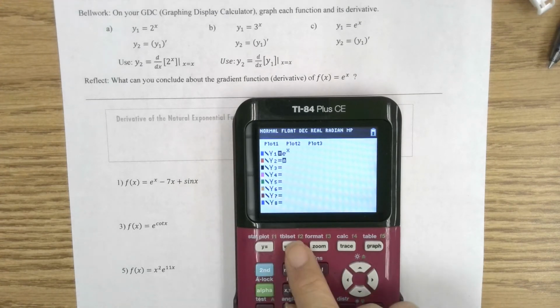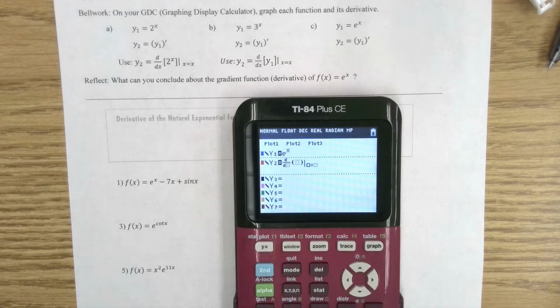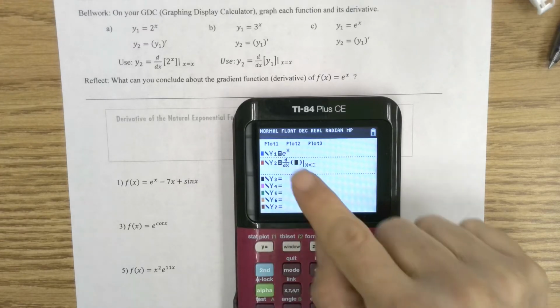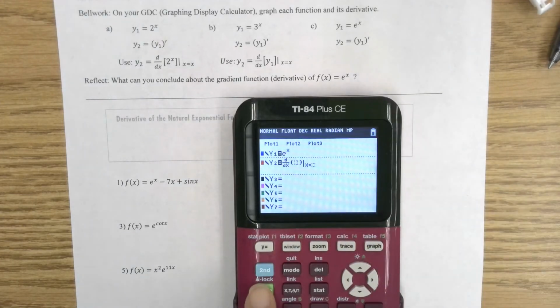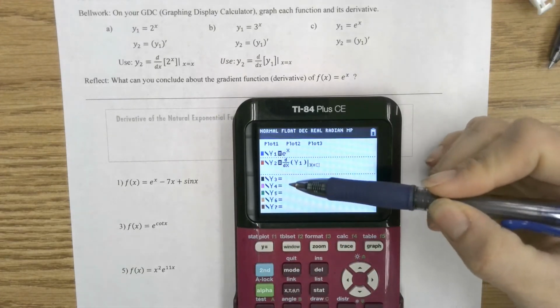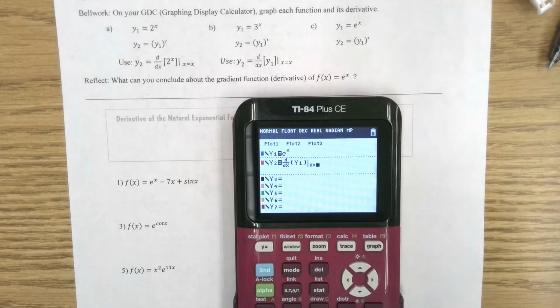I'm going to hit my alpha window button to pull up a little secret menu, and I'm going to go down to nDerivative. This allows us to request that the calculator take the derivative of something. So derivative with respect to x of, and you can either type in e to the x, or you can type in y1, since I'm going to have it find the derivative of the equation that I input for y1. This is like a when key, so we're asking the calculator to find the derivative with respect to x of y1 when x equals, and I'm going to put x in here